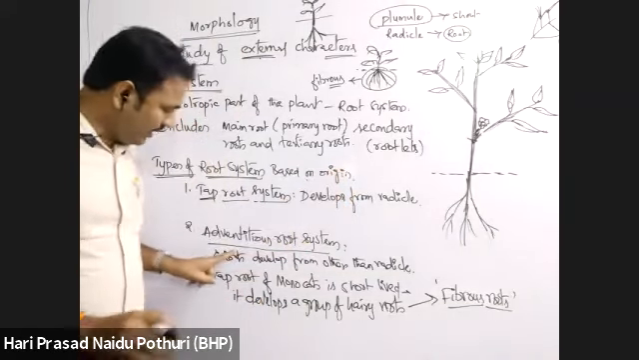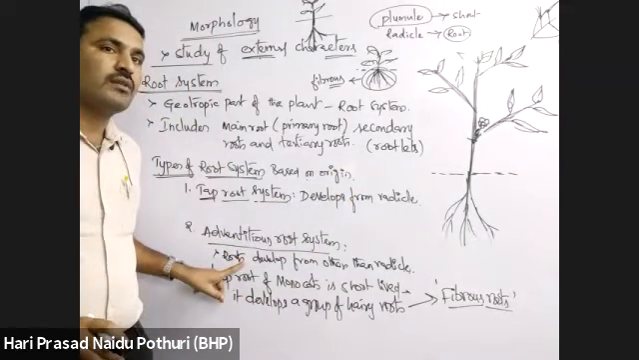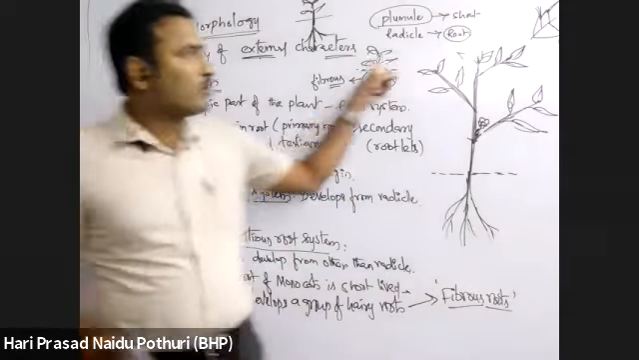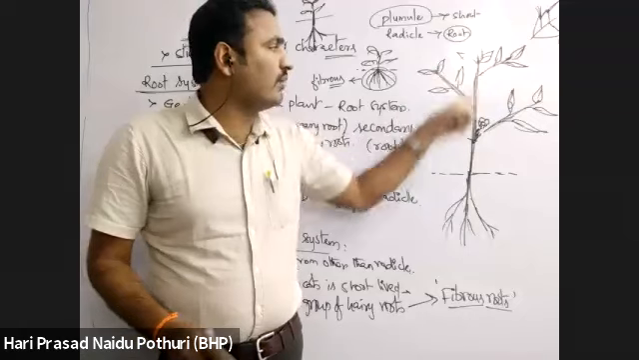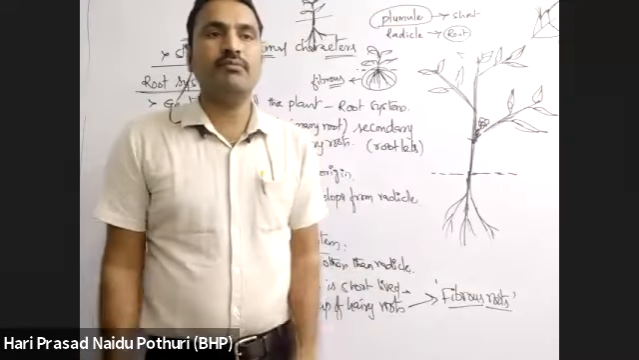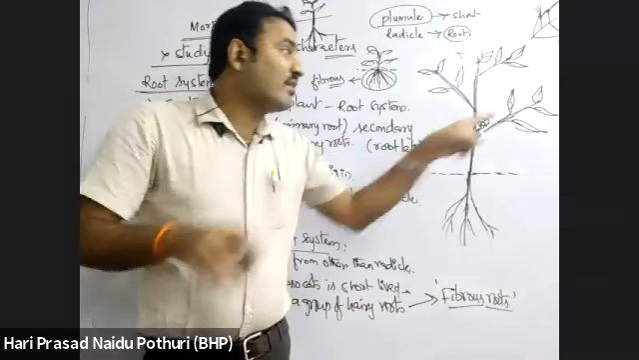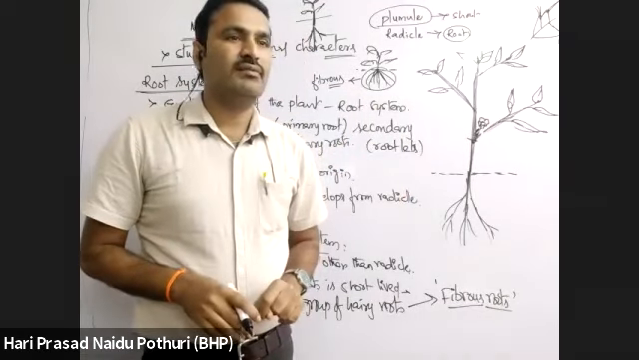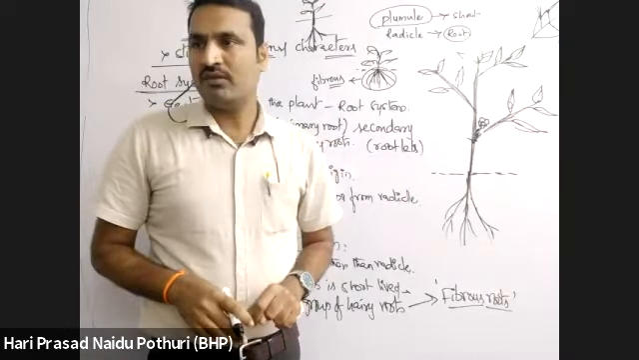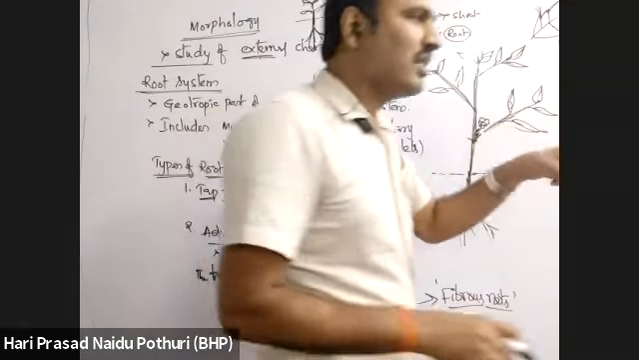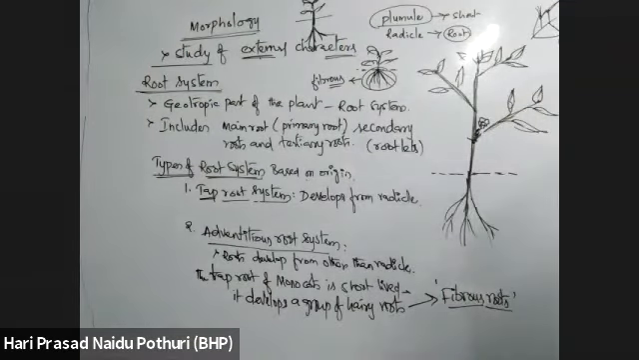Okay. Here, adventitious roots. Suppose a root is developing from notches of the leaf or from branches of the stem, that is adventitious. Then that is not fibrous. Yes or no? Adventitious root is not necessarily fibrous. But fibrous root is